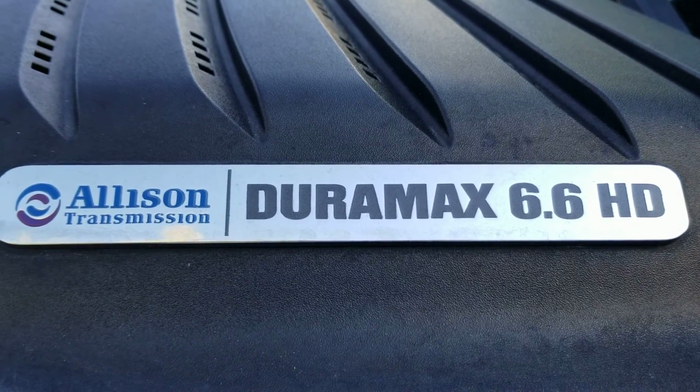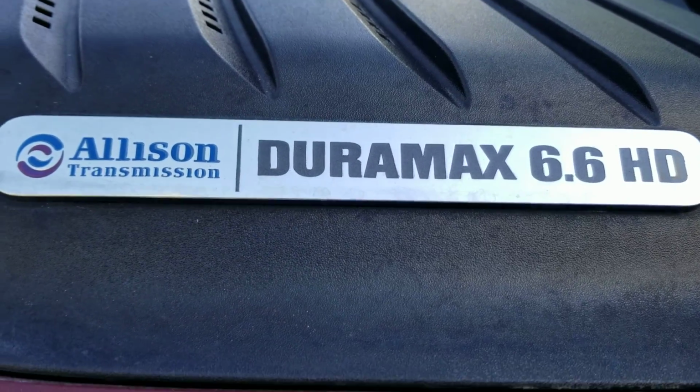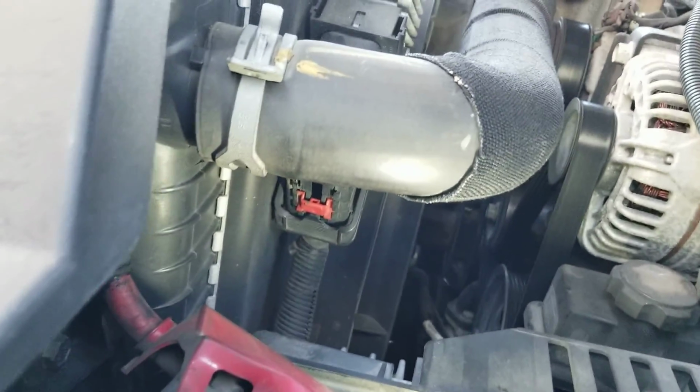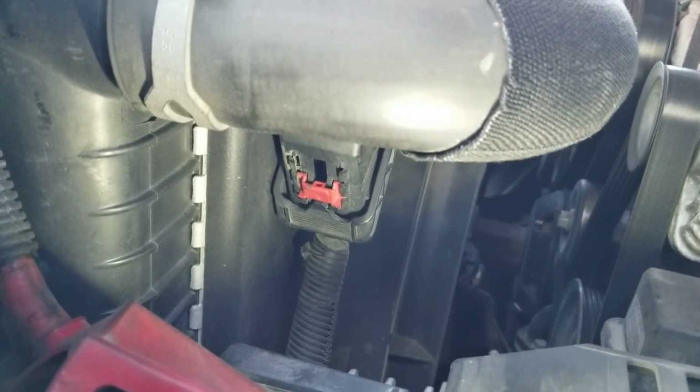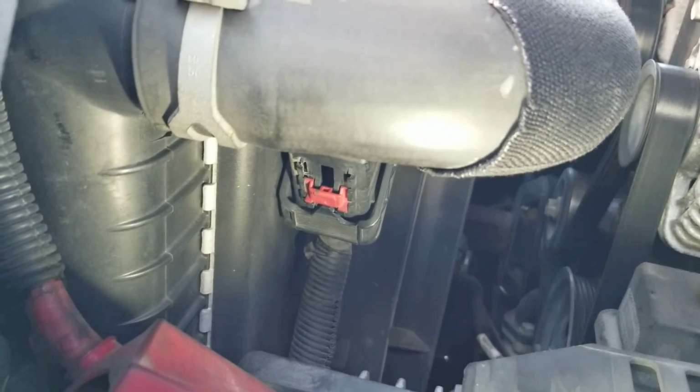I noticed that there's no other videos showing this, just a trick on my 2013 Chevy. Got the transmission control module that doesn't work anymore, so I've ordered a new one, and there's a trick to